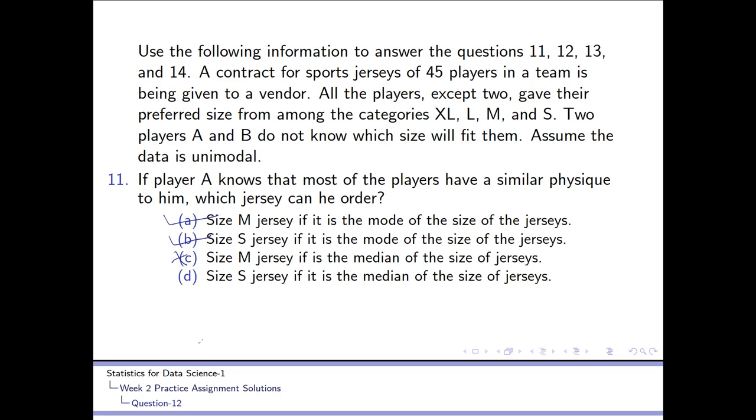Option D: size S, if it is the median of size of jerseys. In this case, if S is the median of the size of jerseys, then we know that median is the middle observation of the sorted data. When we arrange all the jersey sizes in ascending order of S, then M, then L, and then XL, the middle observation, because 43 players have ordered their jersey sizes, will be the 22nd observation,